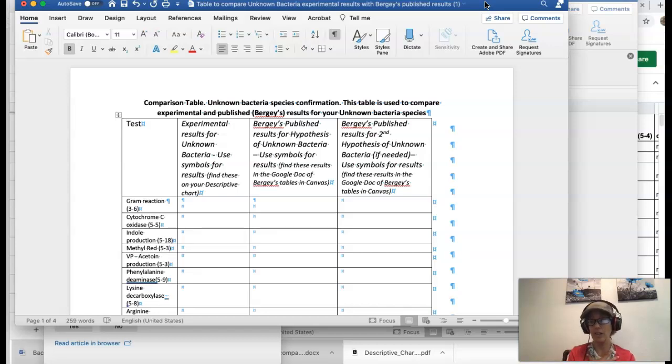Because I did not come up with all of these results off the top of my head. I had to look them up in Bergey's Manual. So I need to provide the citation for where I found those results, and then you need to provide the citation in your paper. So your comparison table, and I provide this document, you will not have to recreate it,